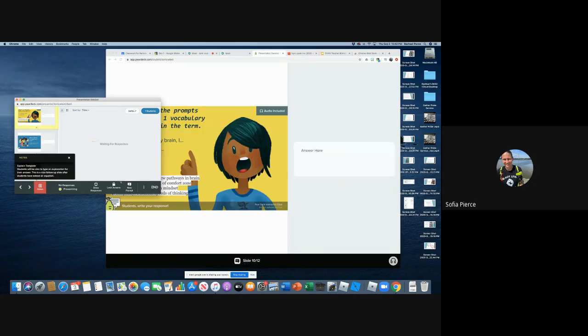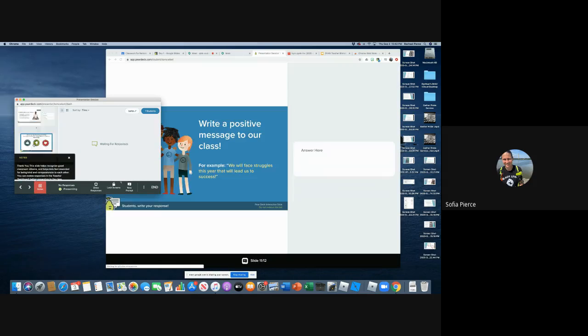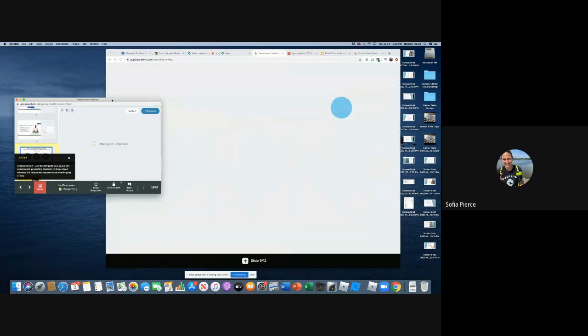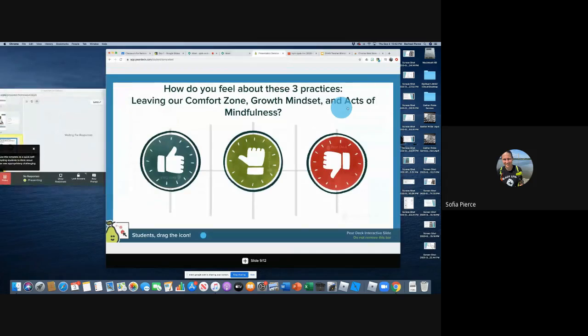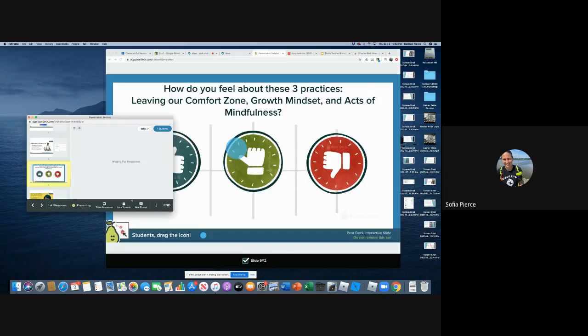If you were to go to the other slides, here's a sample of what the other slide would look like. All they do is enter in a text. Here's an example of another text response. Here is the good one. This is that dot where you can move this wherever along this grid you feel most honest or true to your feelings, what's authentic to your feelings. That is the moving item. It's a good one for emotions. How does someone feel about something? And then we've got the